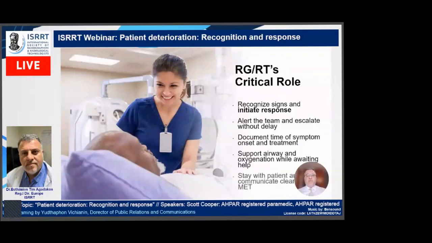Dear colleagues, keep in mind, you are not just the radiographer. You are actually the first responder in the room. You are responsible for recognizing the red flags, calling for help, and starting initial management steps. Document what time the symptoms began. You may forget in all this chaos going on. Report what was given and any known patient history. Stay with the patient, provide reassurance, and assist the medical emergency team. Good communication and a calm presence can be as life-saving as any medication.